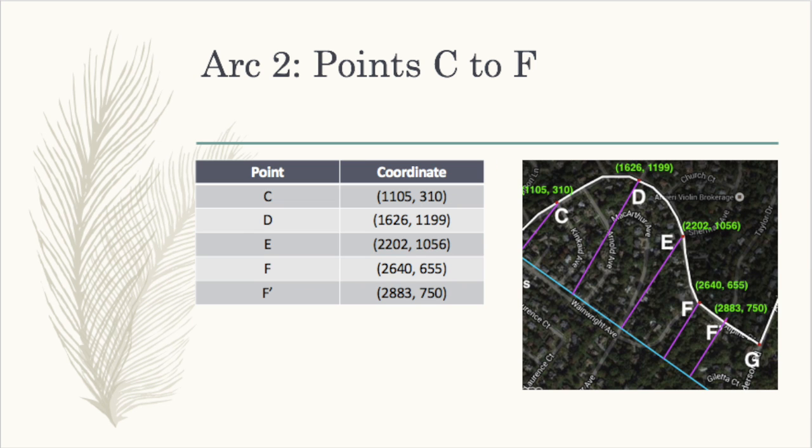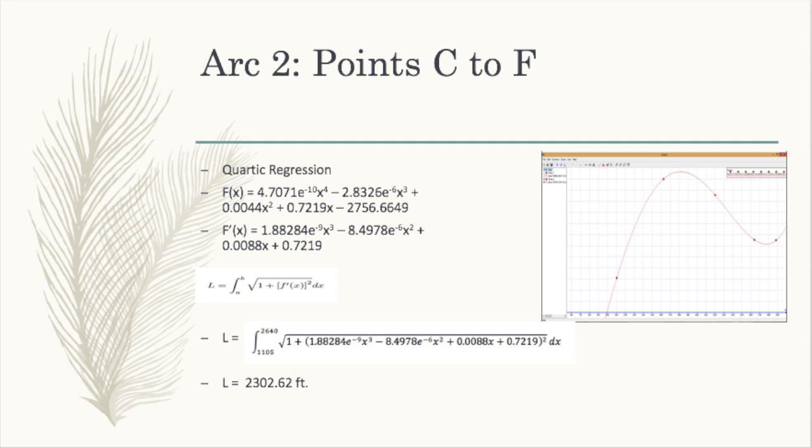I then did the same thing for arc 2, which goes from point C to F, and the coordinates of these points are shown in the table as well as the map to the right. From point C to F, I used the same method that I used for arc 1. I included an auxiliary point F' and used quartic regression. Using quartic regression, I was able to find f of x and then f' of x. Then I was able to use the arc length formula shown above and f' of x to find the length of the arc, which was calculated to be